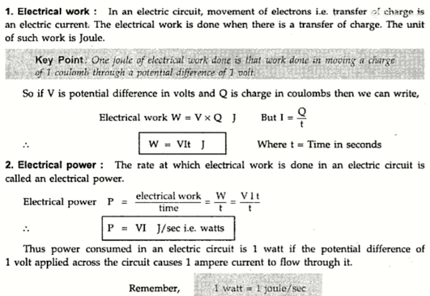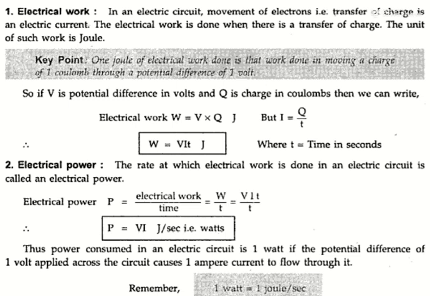Okay. Now the next term is electrical power. When we think about power, it means the rate at which electric work is done in an electric circuit, and this is called electrical power. The power is due to voltage and current as well, both giving the contribution in electrical power. Electrical power is expressed with capital letter P, and the formula for it is P is equal to electric work by time T.